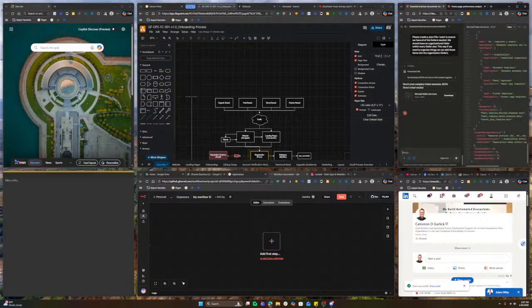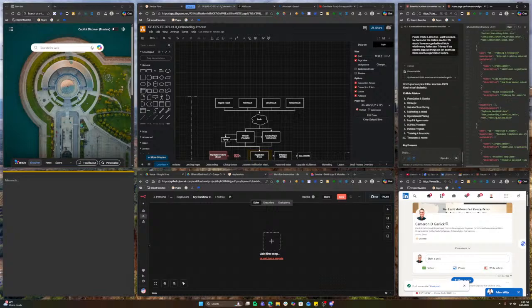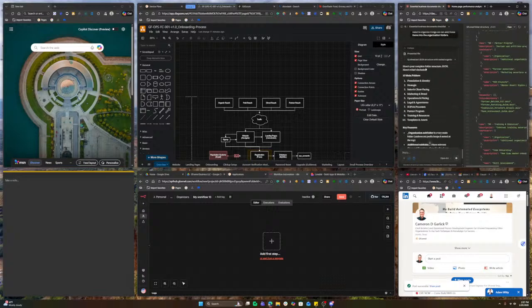So here's the structure, name, templates, email templates. So here's the main folders, foundational strategy.